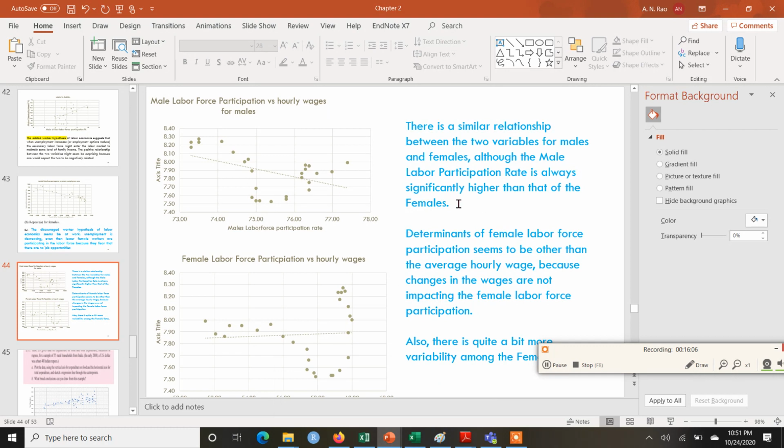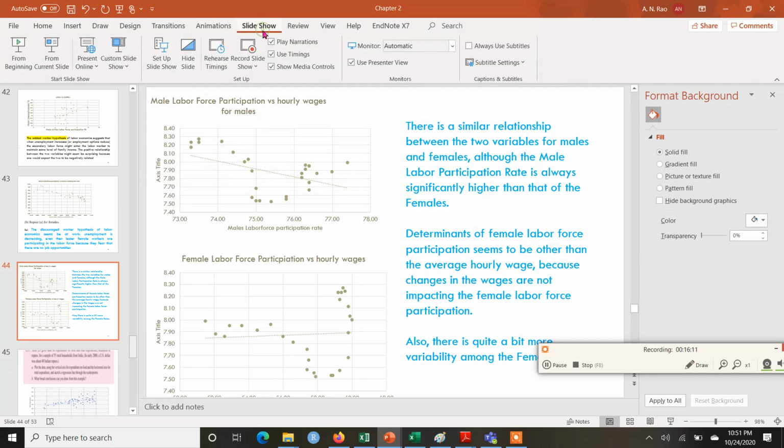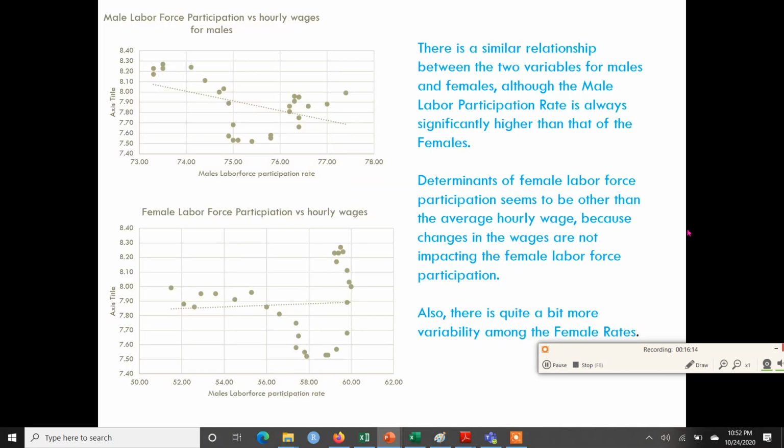Okay, so we have the Excel file. Now I'm not going to draw these again, because I've thoroughly taught you how to make this scatter plot, and as I said, I can email the data to you, so you can repeat the activity. So let's learn this with the angle of how to interpret if we have drawn the plot in Excel. If you have a look at the first plot, which is male labor force participation rate versus the hourly wage rate for males, there appears to be a downward or decreasing relationship between the two variables, right?